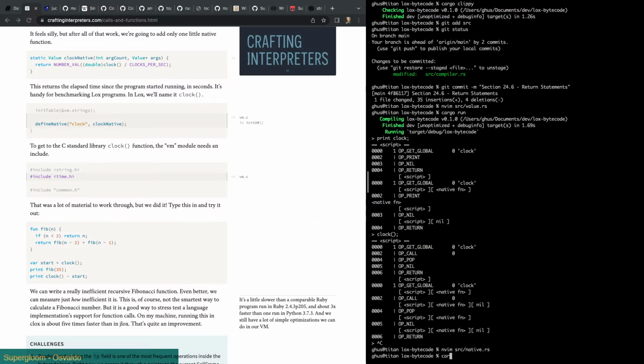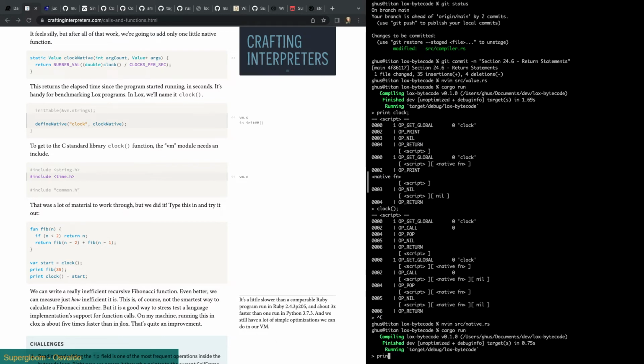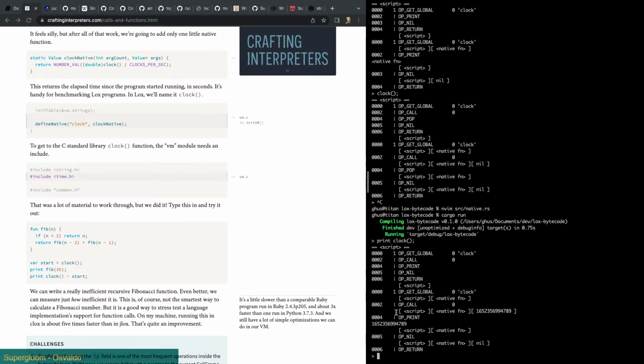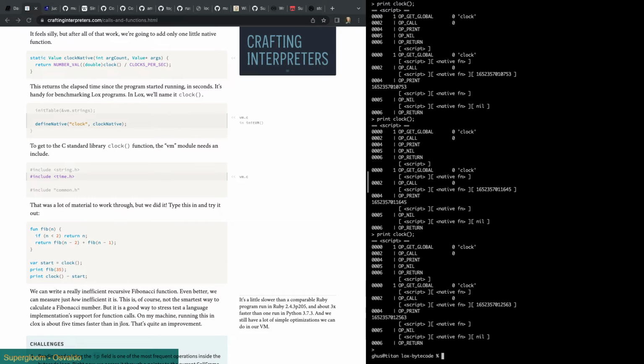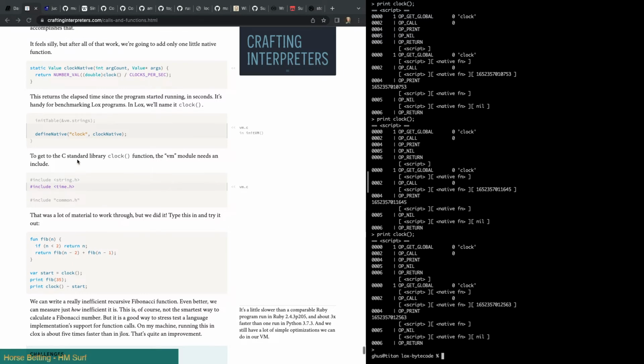Okay, so now cargo run, print clock. There it is. So if we run it, this is milliseconds, right? So this digit here is the seconds digit. 5, 6, 7, 8. Oops, 9. Going a little too fast for 1 second. Okay, cool. So this is the seconds, and that's the milliseconds. Nice. Okay, so that's working, and it looks like our stack isn't getting too big, which means we're popping the right amount. I guess our calculation was correct.